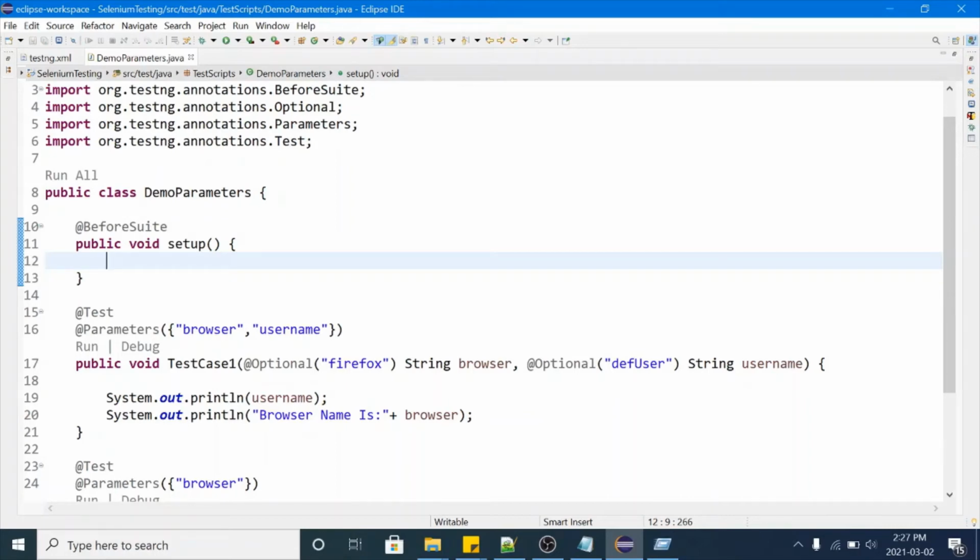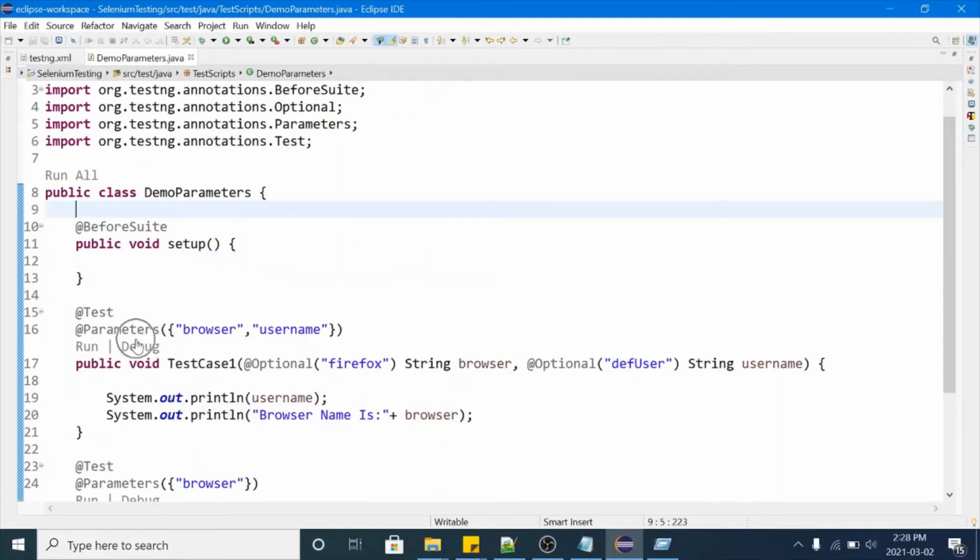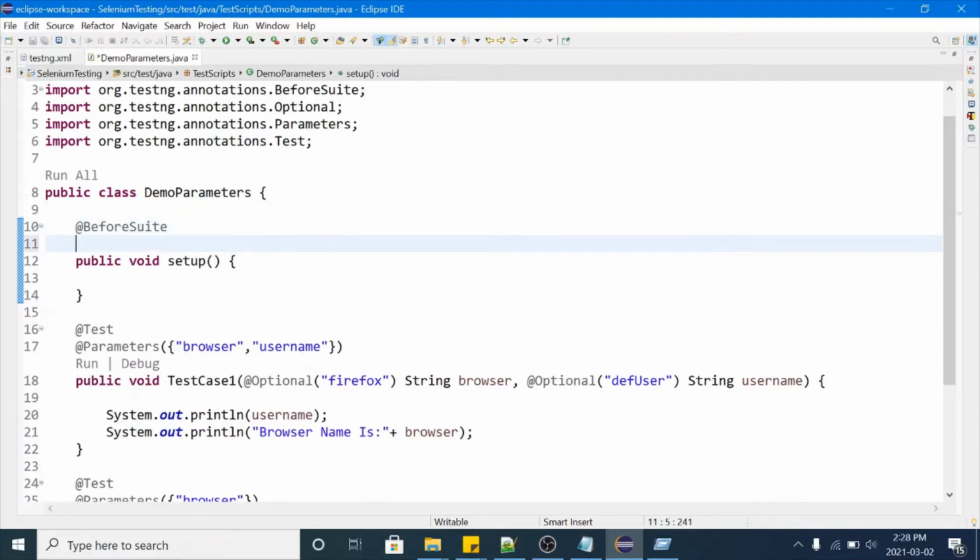Like if you are working on Selenium, in this setup you can create your libraries, your browser and instances of other third-party libraries. So in this before suite, how can we pass this browser parameter? You can write it in the same way as in the script.